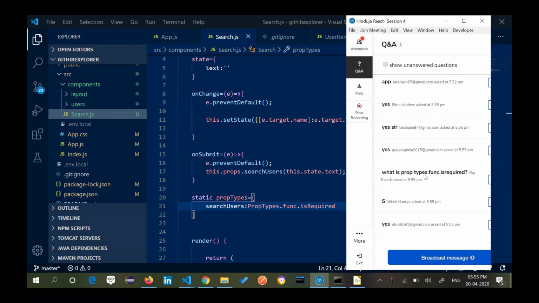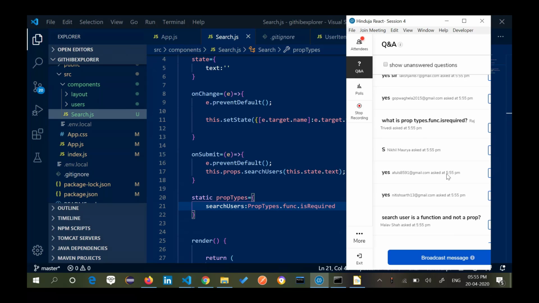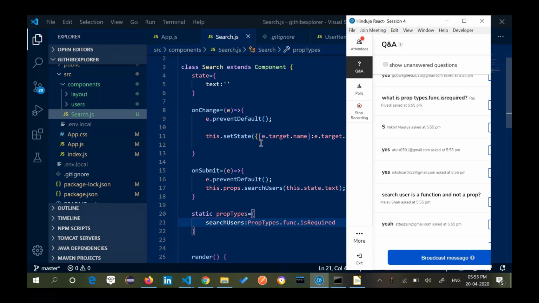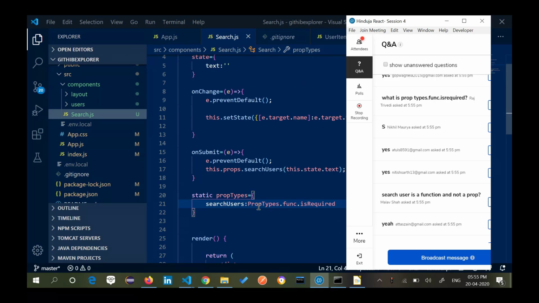Okay. What is a prop types function is required? So, Raj, do you remember we have done the prop types? I guess in the very first or second session, where I showed you that prop types is basically used for typecasting. So no other values can be passed apart from what is being finalized. When you are inside a class, you can define prop types. So what I'm saying is that this particular class is going to release a prop type.